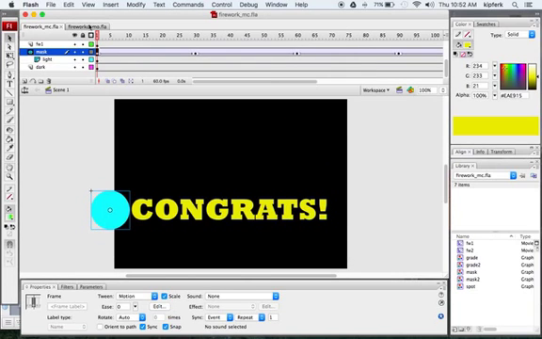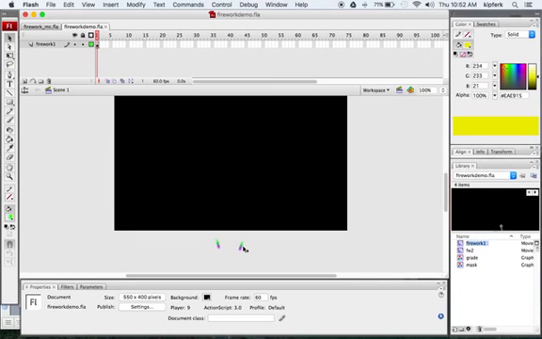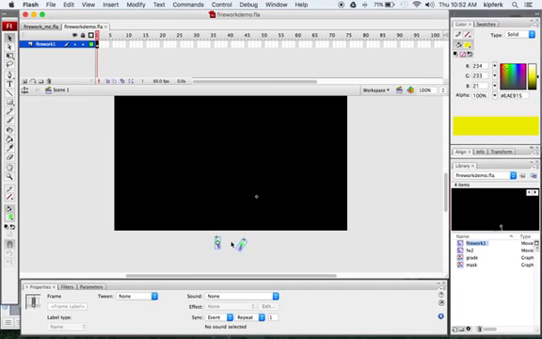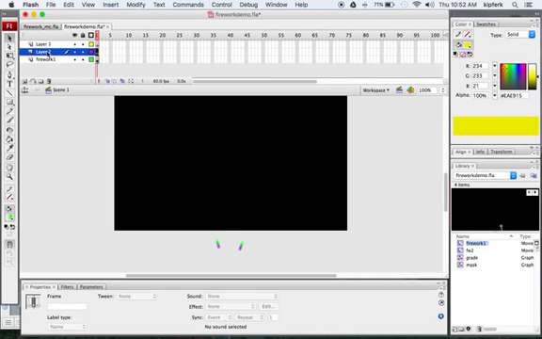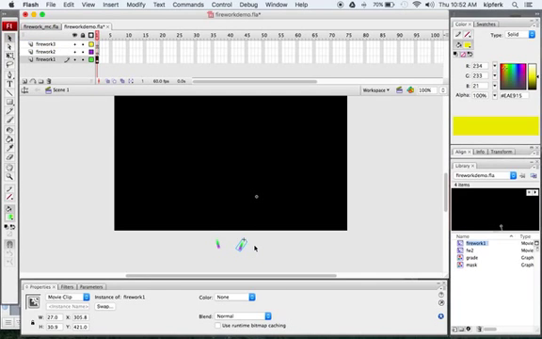So to get started in this, we're going to create another firework movie clip. As you can see, we still have just one layer here with two different fireworks on it. So I'm actually going to start by adding two more layers to this project and calling them firework 2 and firework 3. Okay, and I'm actually going to take this second one that I had added, the one on the right here,